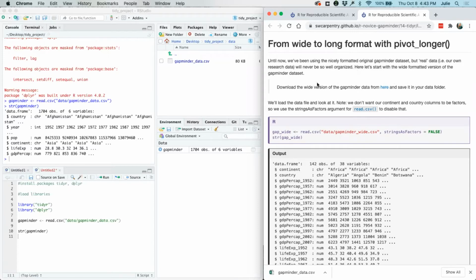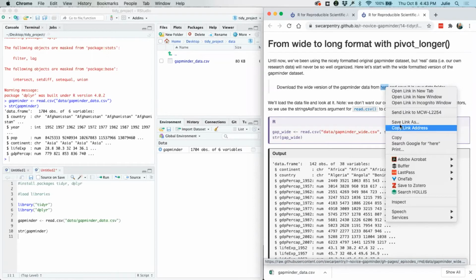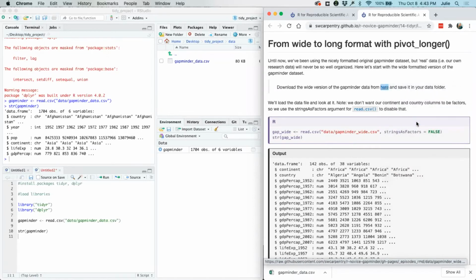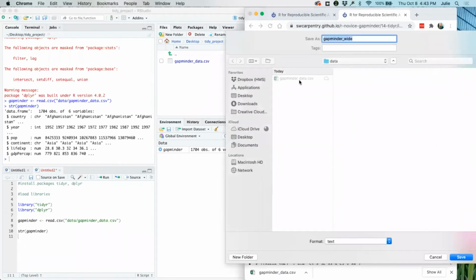I suggested that you download this prior to today's session, but I'll walk through how you can download it into our data folder right now. So again, we have this wide version of the gapminder data set that we can right click on and save as. So make sure we are in our data folder, and we have our gapminder_wide data.